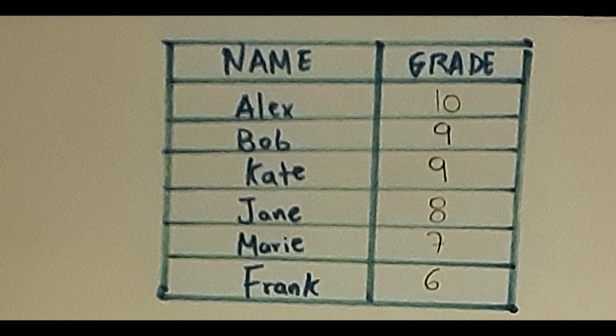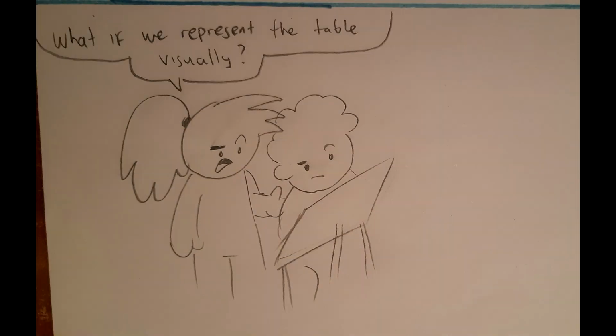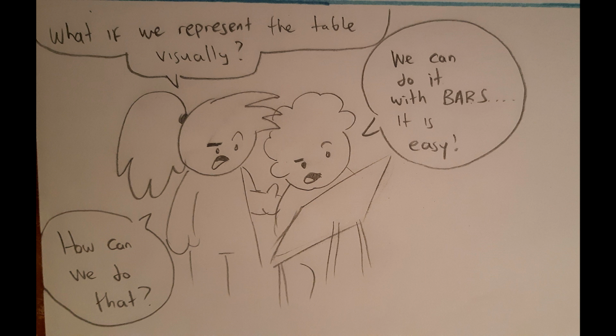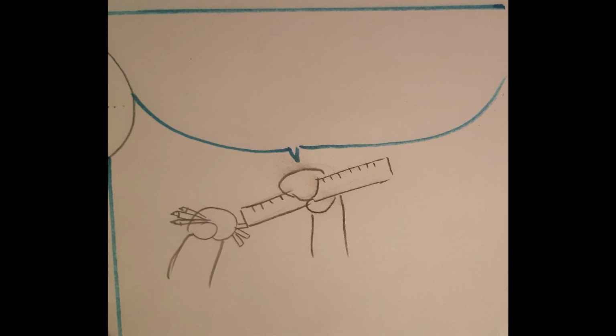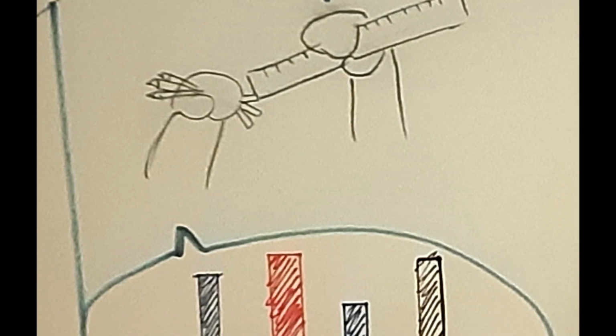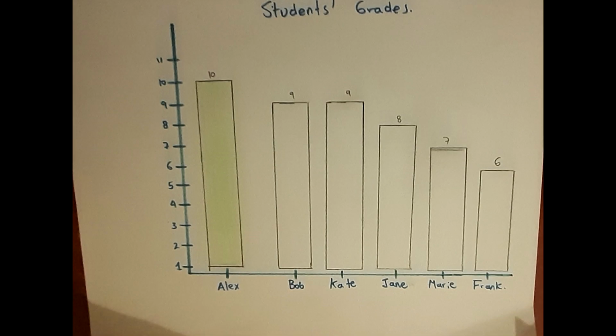His homework was incomplete. Jane asked Bob, "And what if we represent this information visually? How can we do that?" Bob suggested, "We can do it again with bars. It is simple and easy." And again with their friend, the ruler, they created a set of bars of colors, like a candy store, to represent the numbers that they had organized in their table. So Jane and Bob created a bar graphic which showed the notes of the students